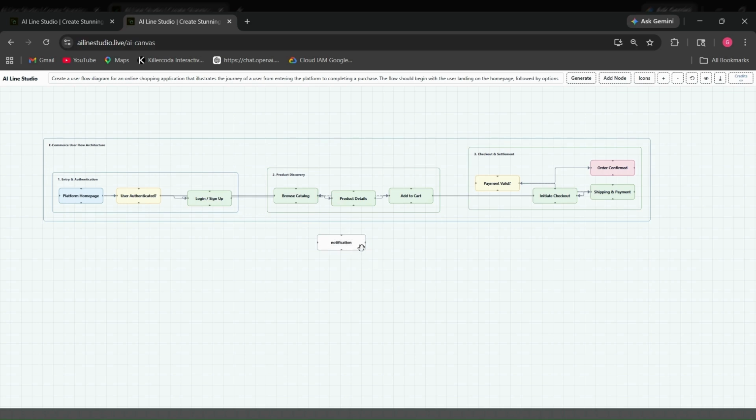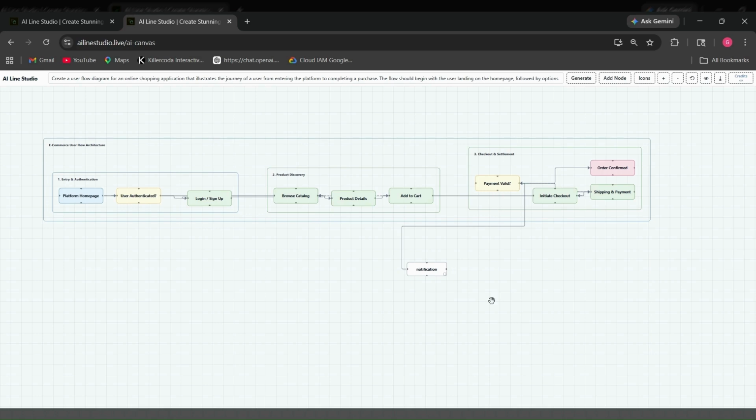Something like this, then I can add it. If I want to increase the size of this, I can do this. If I want to make it long like this, I can do it. Make it short like this. I can place it anywhere now. If I want to connect it to any existing node, then simply wait for this to come and you can attach it like this.